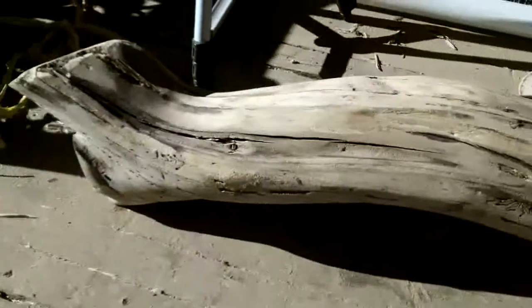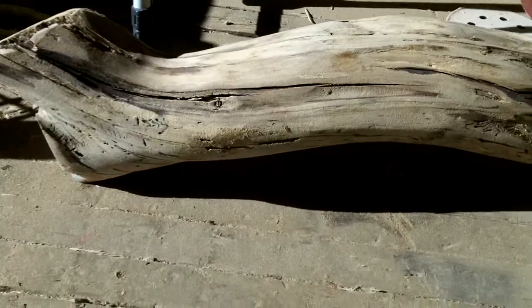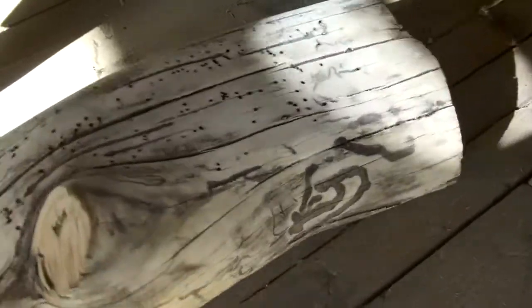Well, it's starting to look pretty good. This is an old piece of wood, so a lot of it is just disintegrating under the sander. But I think I'm about done with sanding it. I still need to figure out how I'm going to...